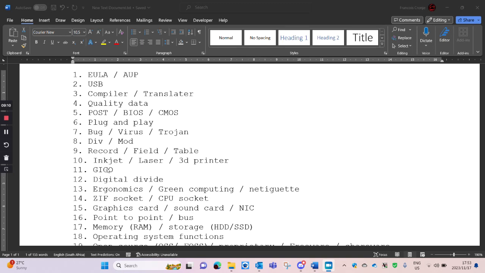Then I'm going to jump to hardware, our next section. When we're talking about the BIOS, we get the word BIOS, the word POST, and the word CMOS. What are those three? Can anybody remember any one of them and explain how they fit together and work together and what they do?